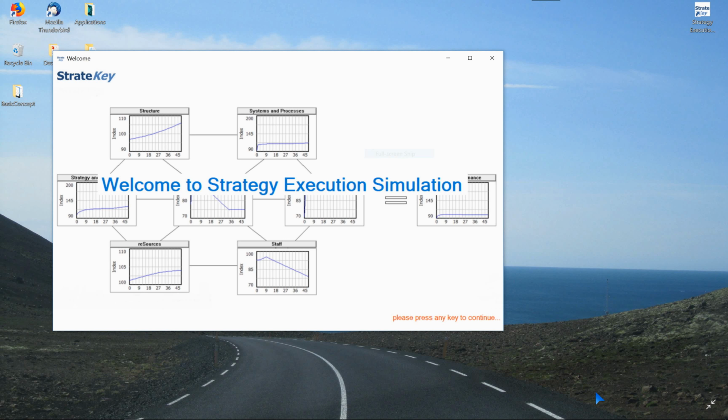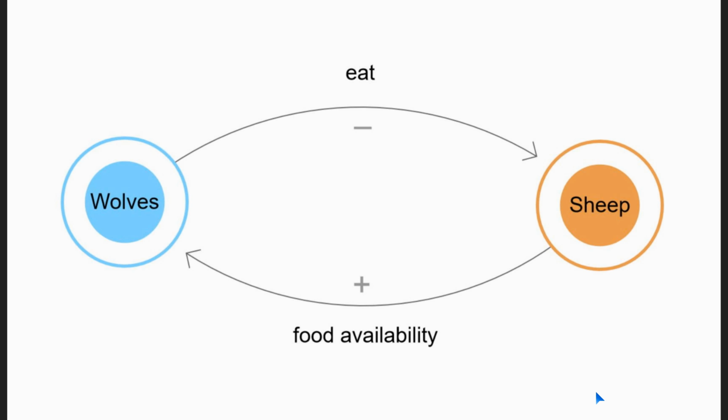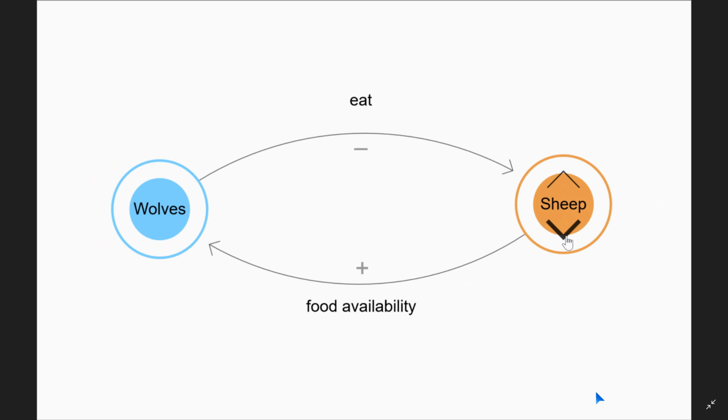When talking about system dynamics, we're talking about the influence that, for example, one population has on another population. In our example, we have wolves and sheep. Wolves eat sheep, and consequently, if more sheep are eaten, then less food is available, which means the population of wolves will reduce. Shown in a short example, we see the sheep population goes down, and consequently the wolf population goes